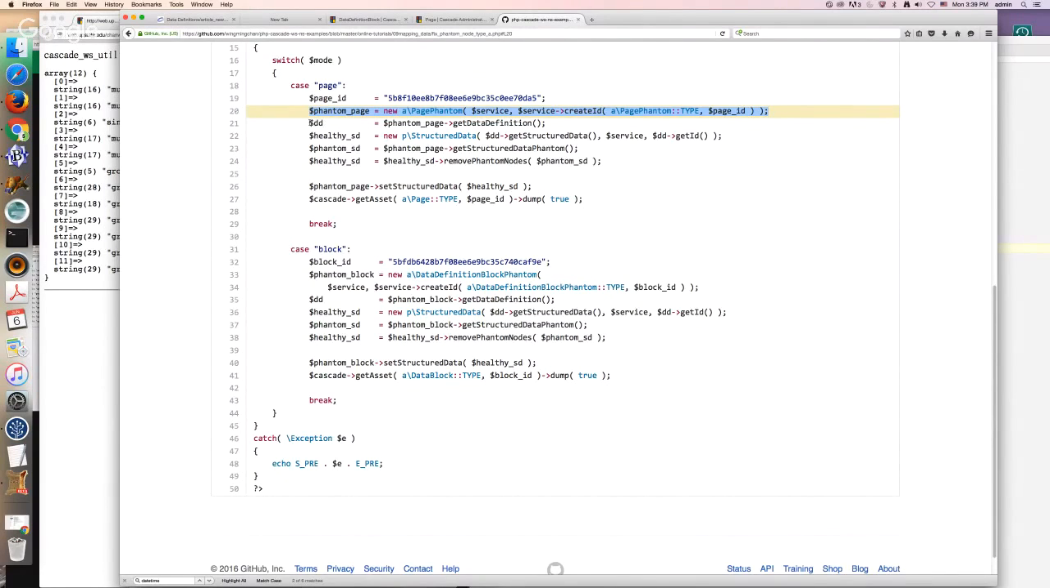Now, in this line, we are retrieving the data definition corresponding to the page. And then we create a structured data object through the data definition object. And then we retrieve the structured data object from the phantom page. So we have two structured data objects, one healthy, one